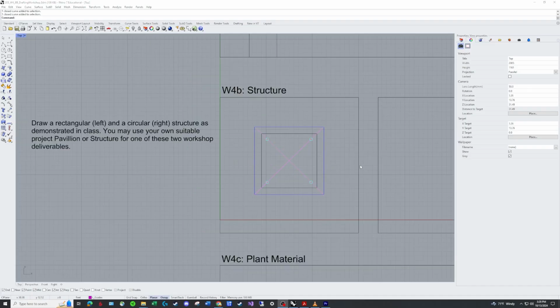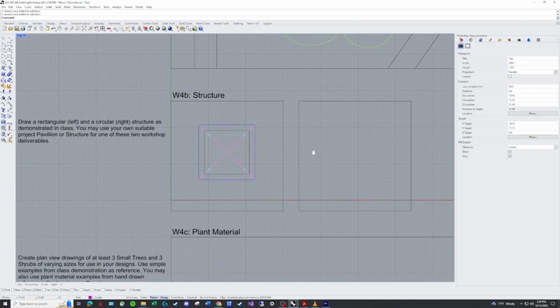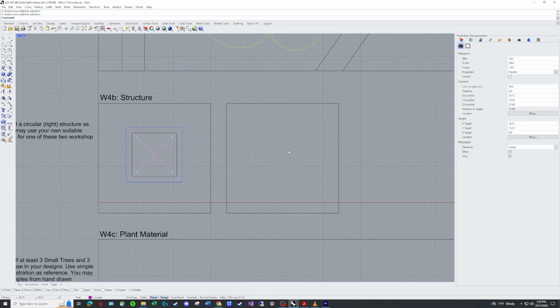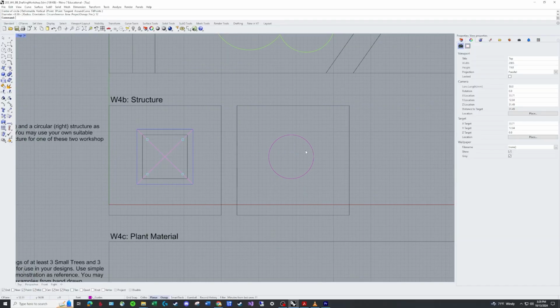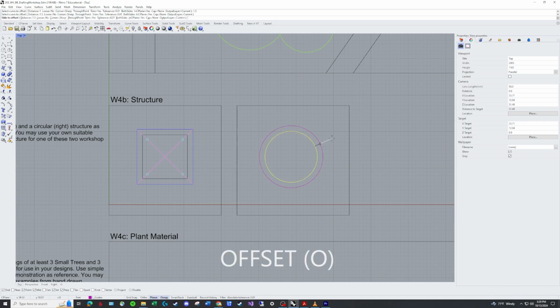And now we'll start with the circular structure. So I'll go over here. I think I'm going to do about the same thing. So I'm going to type circle, choose a spot in here, and I'm going to go 12 foot. I kind of feel like that's a little bit small, so maybe what I'll do is do another 1 foot, and then think about offsetting this roof another. I'll just do 1.5 again,